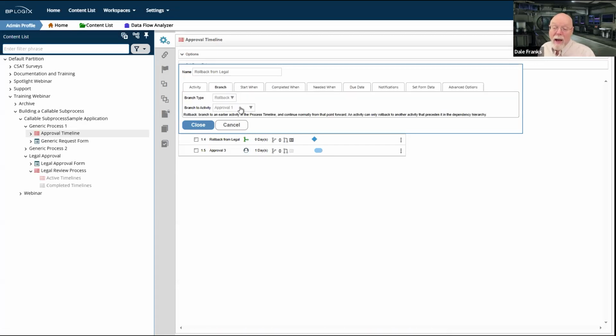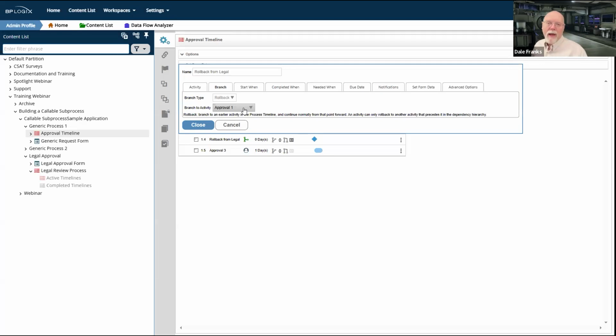I'm going to roll back all the way back to my first approval activity, and I'm going to restart that. Because I'm going to assume that the reason that legal kicked it back is because there was some information missing and they couldn't approve it based on the information that they had received from the initial approver. And so they're sending it back.